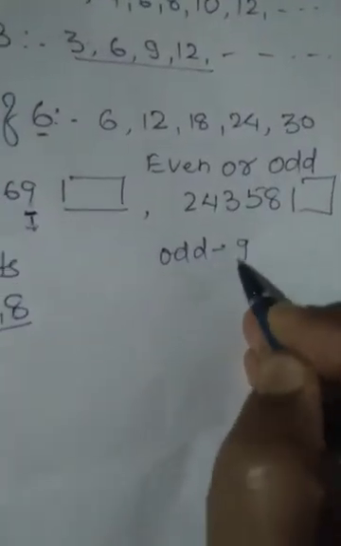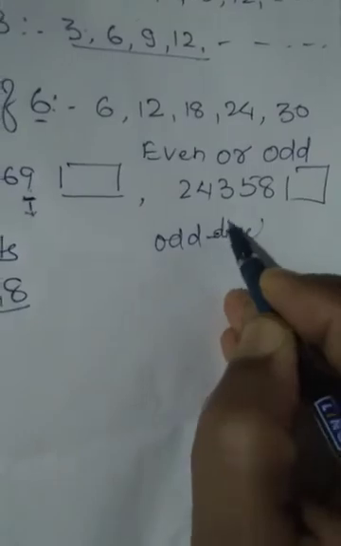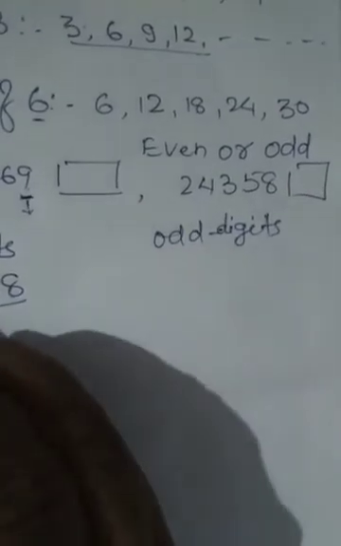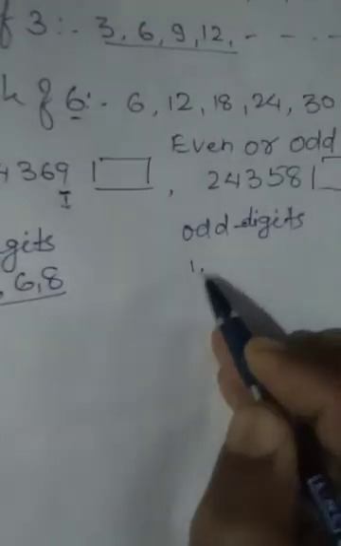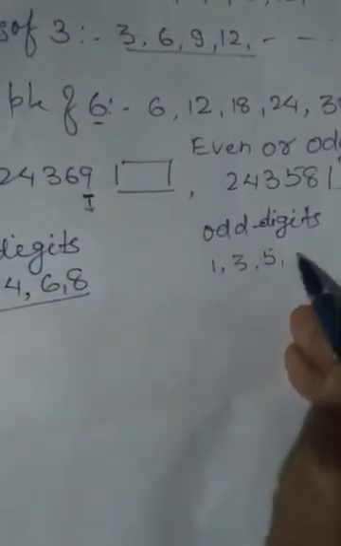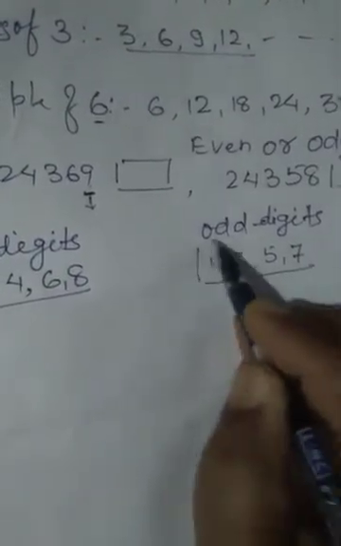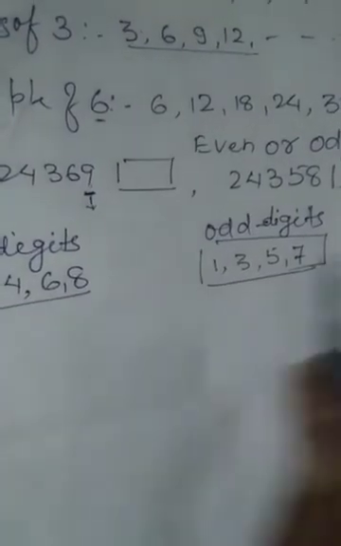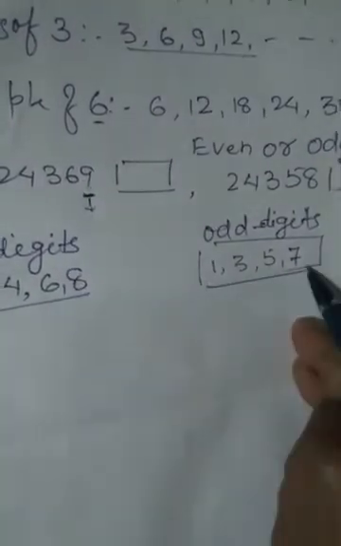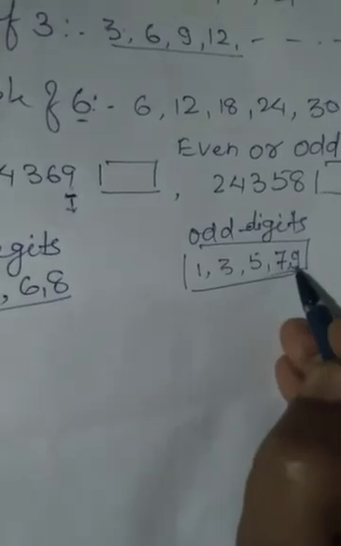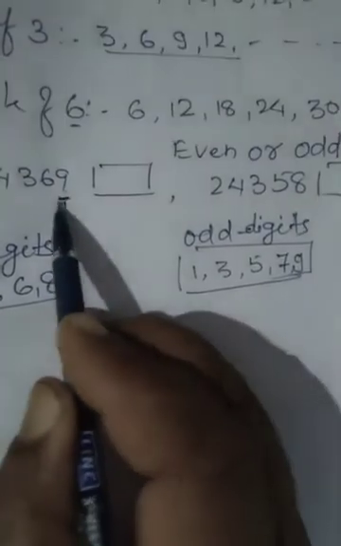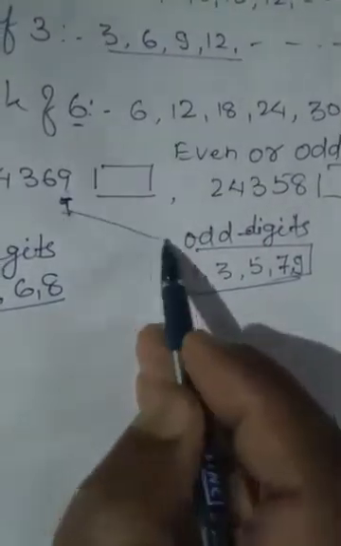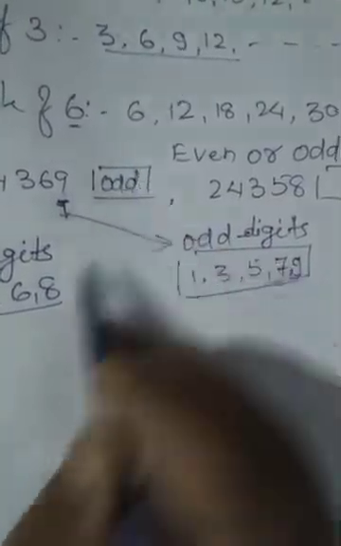Odd digits. Okay, here is an even digit, here it is an odd digit. Which are the odd digits? 1, 3, 5, 7, 9. These are the odd digits. See here, the odd digit 9 was left out, I did not put 9 at first. See here, 9 is the odd digit. Naturally, the given number is odd. Right, odd, very easily.